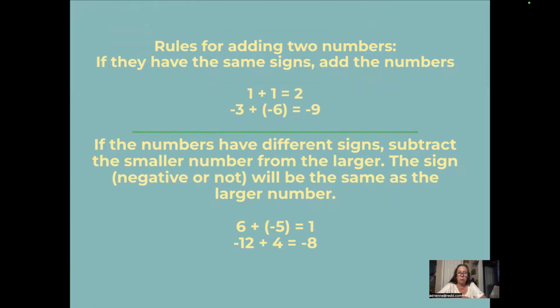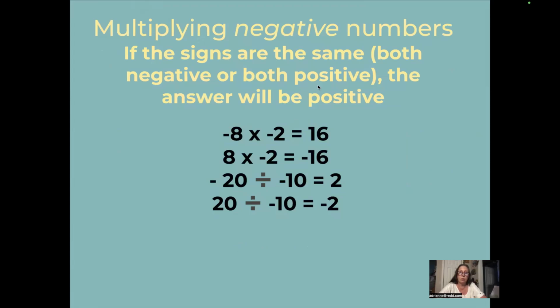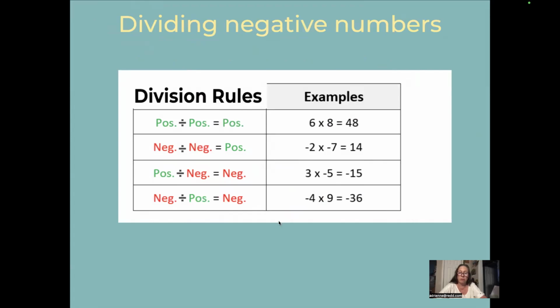So let me review those rules again. If they have the same signs, just add the numbers. If they have different signs, then your answer is going to be the same sign as the bigger number. With subtracting, if you subtract a negative, it's really positive. So 8 minus a -3 is really 8 plus 3. Multiplying, that one's my favorite because the negative and the negative cancel each other out for a positive. And positive times positive will be a positive. Same thing with division. A negative number divided by a negative number is going to give you a positive number. And there are the division rules, which are the same as the